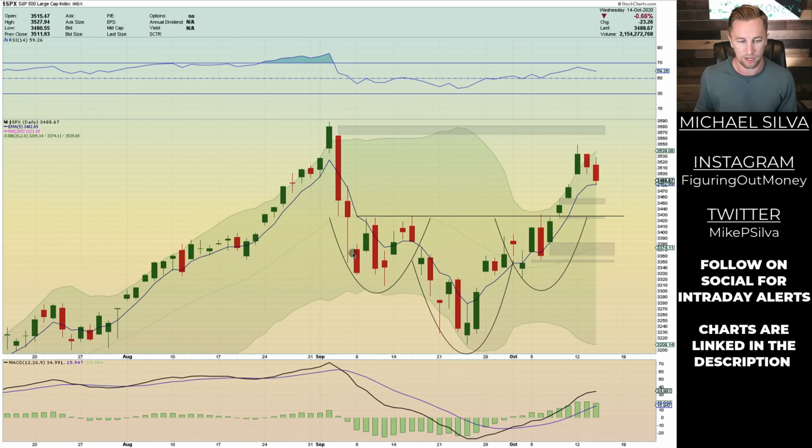The neckline I'm talking about is this inverse head and shoulders pattern that we broke out of, and we moved really high, really fast. That's because the shorts had to cover, which means that they had to buy back shares, and that's also from momentum traders buying into that move to the upside. So we got gap, gap, gap, gap, gap, and we just squeezed really high at a very fast pace comparatively